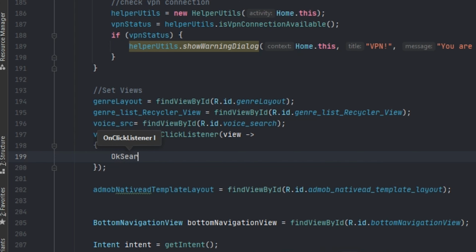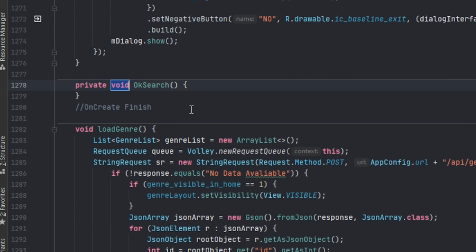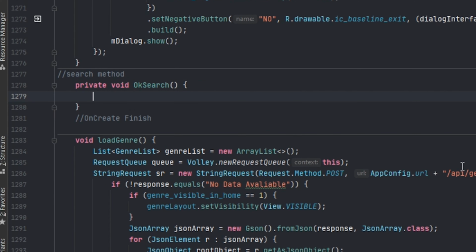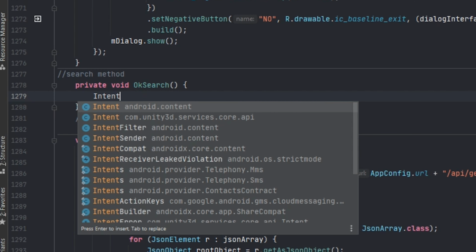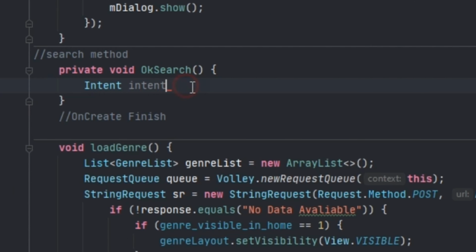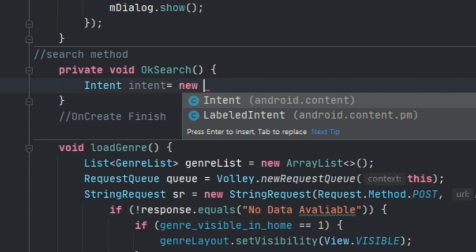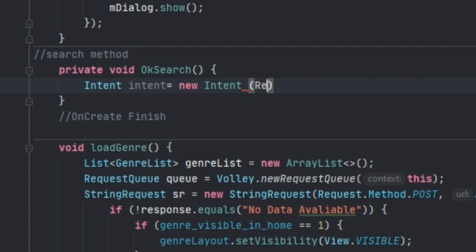We will create a new method. First line, tell the app to open Google Voice Search.